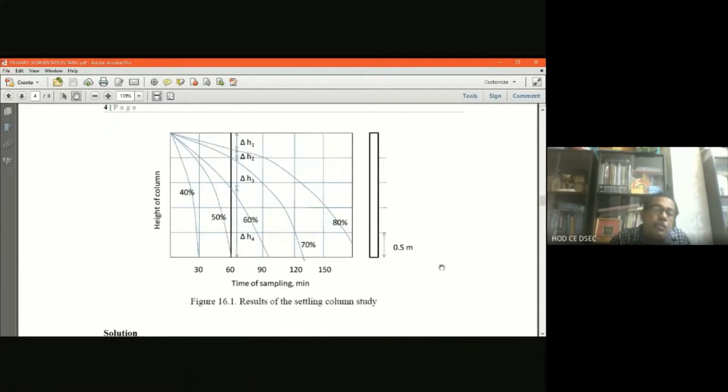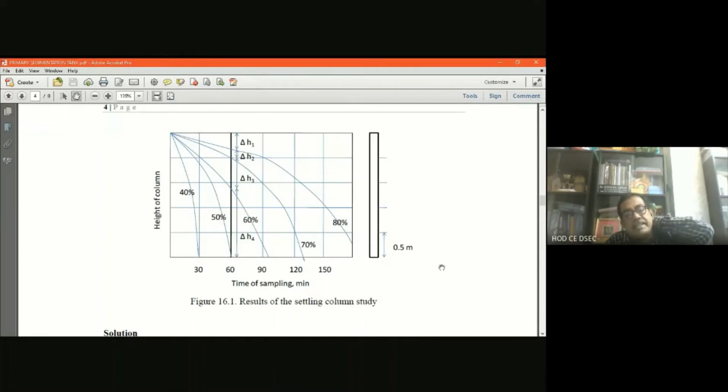Now see, the curve's y-axis is the height of the column, which is 2.5 meters given, that is the water height. So with 0.5 interval, there are 5 slots, 0.5, 0.5, 0.5, 0.5, and 4 ports at 0.5 meter intervals: first port from the bottom, then second, then third, then fourth, which is shown clearly by the horizontal lines. If you see the column bar we have drawn on the right side, the horizontal lines are shown from the bottom, and one typical dimension is shown as 0.5 meter.